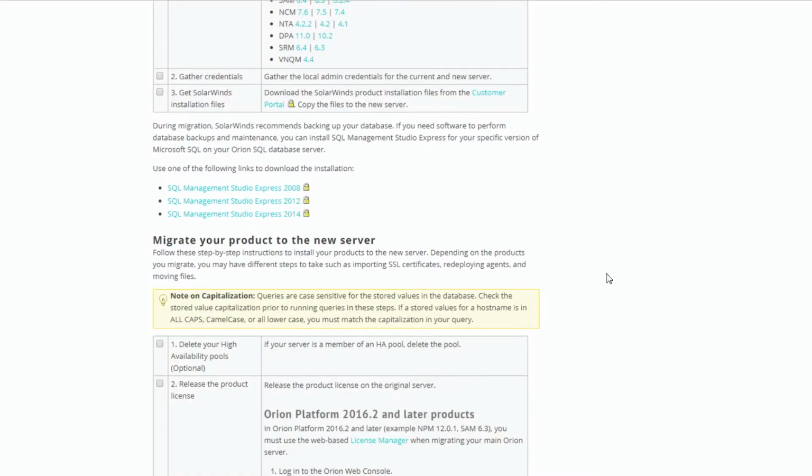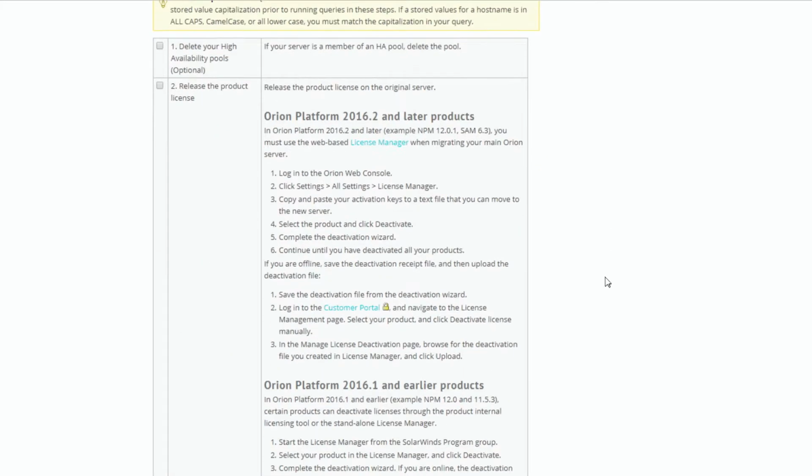It is. Well, and the other nice thing too is you can just down the instance and change the instance type and check the performance. You can actually do a little bit of performance testing. So the first thing, set up the new environment, get it installed, get all the bits where they need to go. Then you're going to go into your existing Orion platform install, and you're going to release all of the